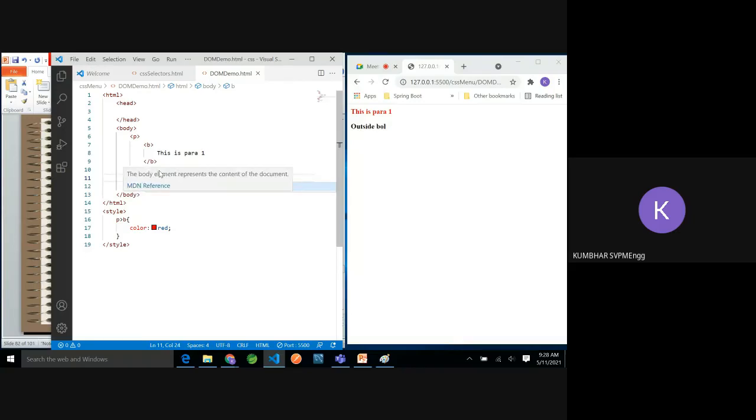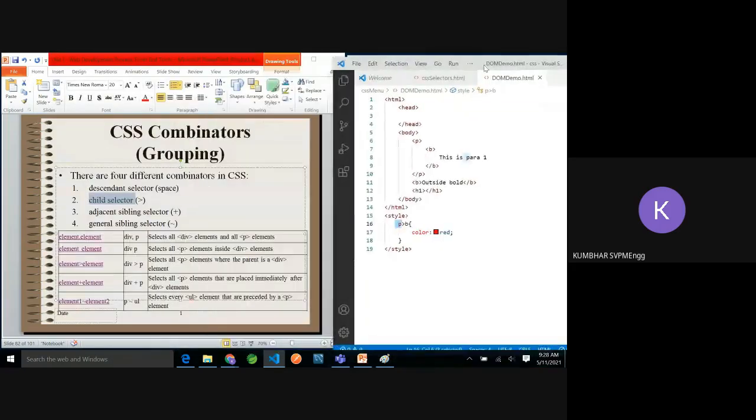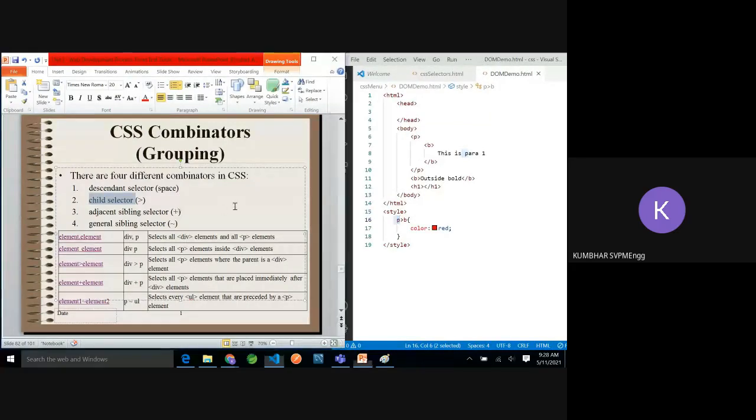So you can understand, even though I have applied the style for bold, it is applicable only for this bold, not the outside B, because I have combined it with paragraph. Only the bold tag which is the child of P should apply this style. Give me a quick reply if you understand this. Yes, sir. Great.